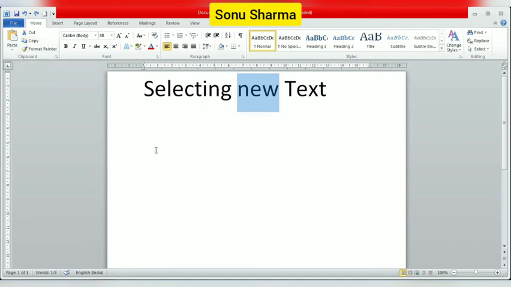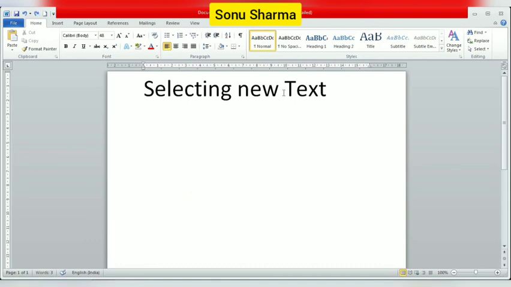Okay. Now where you want to place this word, where you want to create the copy of this word, again the same word. Suppose I want it here. Wherever you place the cursor, it will be there only. Now again go to the Clipboard group and click on Paste. Okay, you can see this paste icon. Click on Paste, you will get the word new here. See here. So we got the word new here also, and in this new place also. So this is the duplicate of this word. This is called copy and paste. Okay, understood?